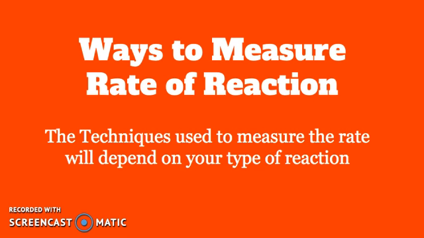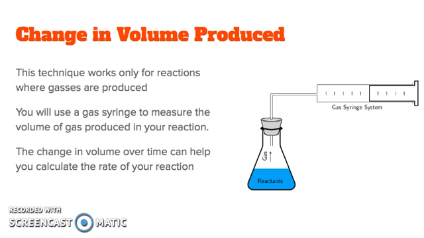So in continuation, we can see that there are certain ways to measure rate of reaction. We must be at least familiar with the different ways, and we must understand that the technique you use to measure the rate of reaction depends on your type of reaction. So it depends what the products are, what are the characteristics of those products, and I'll explain a little bit more right now. So the first way to measure the rate of a reaction is the change in volume produced